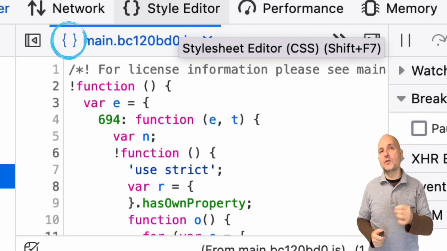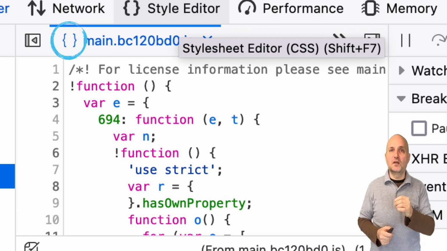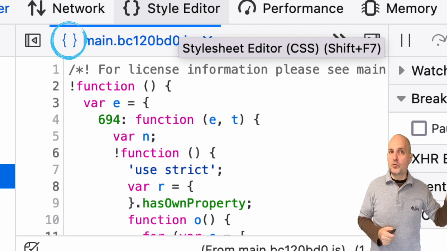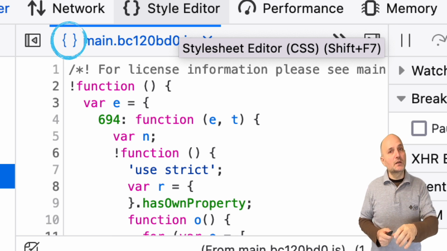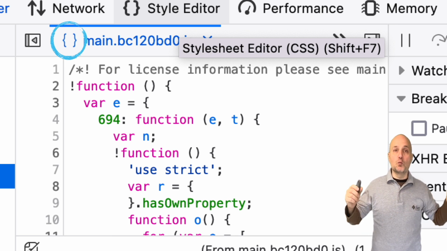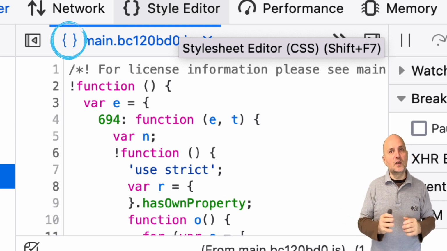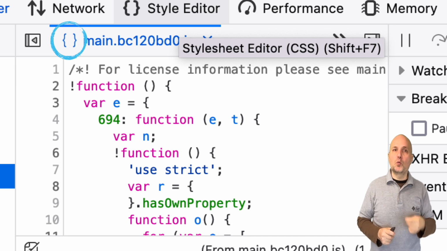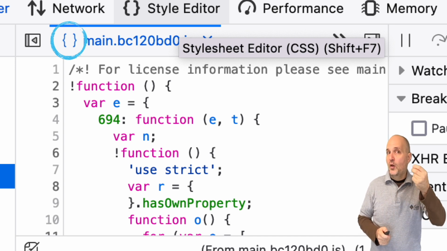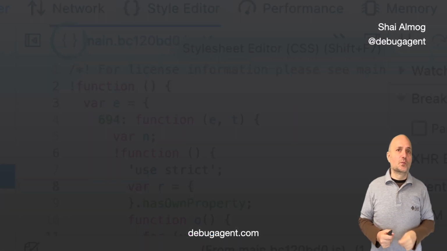That's why we have the curly braces button in the toolbar area in both debuggers. Here it is in Firefox. When you click it, a single line obfuscated file will become a well-formed debuggable file. This is an important capability as during debugging we might want to step into obfuscated framework code.